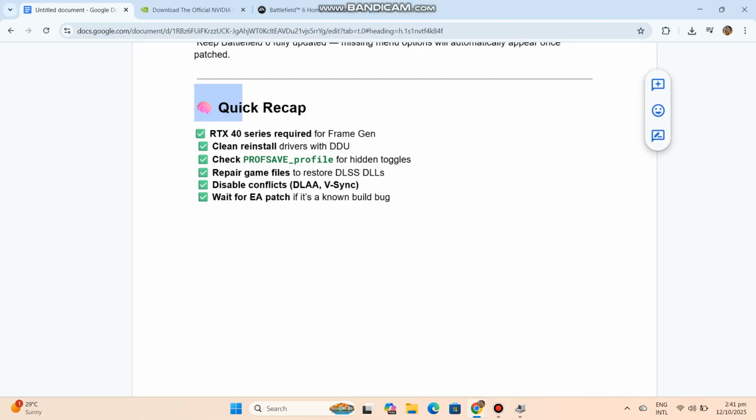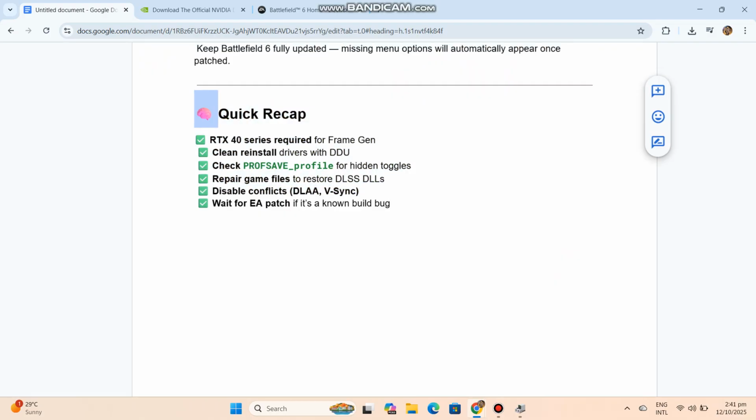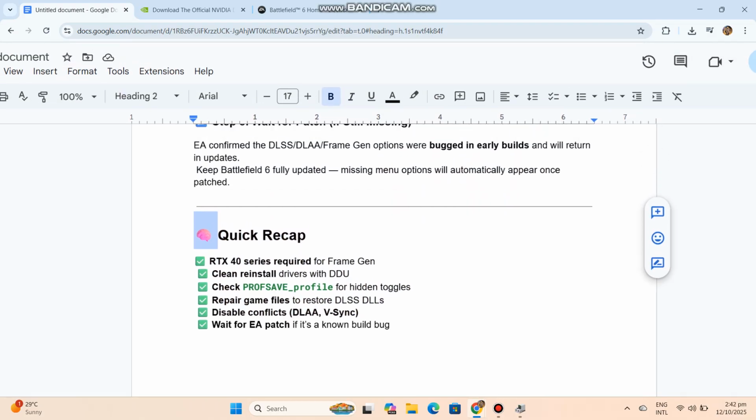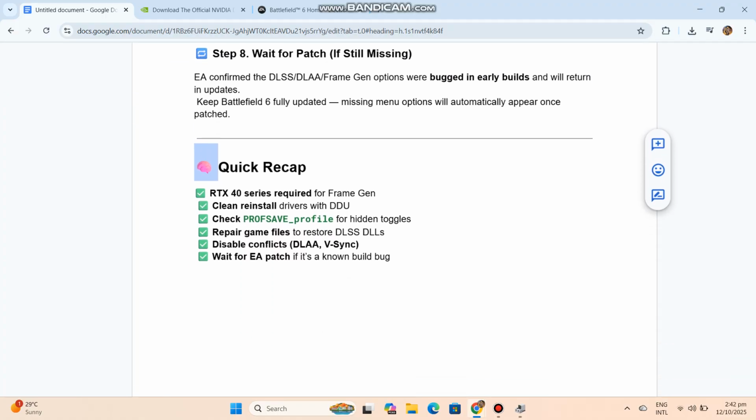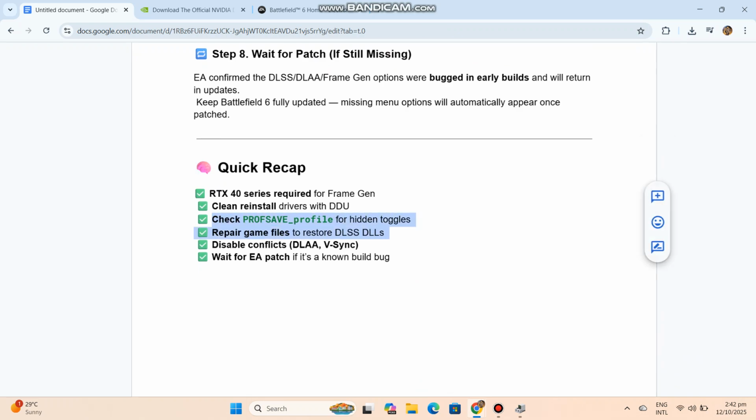Quick recap. RTX 40 series required for frame gen. Clean reinstall drivers with DDU. Check the profile and save it for hidden toggles. Repair game files to restore DLSS DLLs. Disable conflicts, DLAA and VSync. Wait for an EA patch if it's a known build bug. Would you like me to list the exact